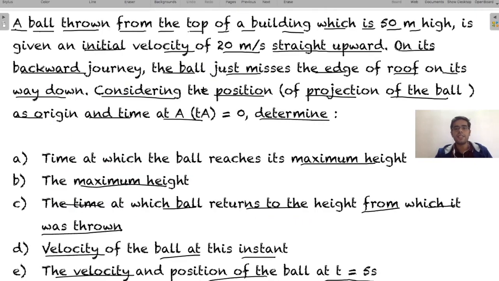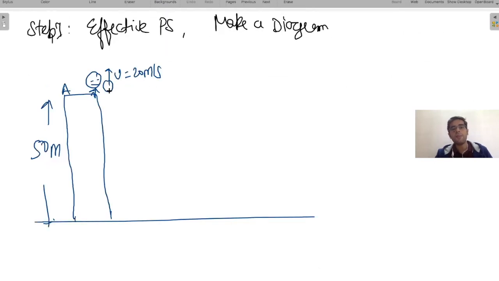Okay, so this data is given to us in the question. Now what will happen, the ball from point A will reach its maximum height. Let's say this point is B. At this maximum height, the velocity of the ball will become 0 because it's the maximum height. Maximum height can only come when the final velocity is 0 at the top, otherwise it is not maximum, it can go further up. So at the top its velocity should be 0.